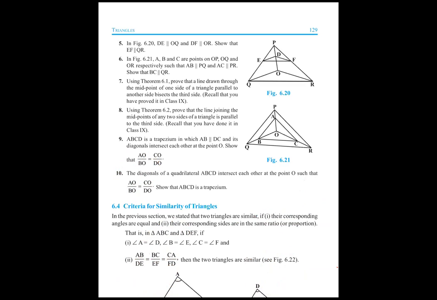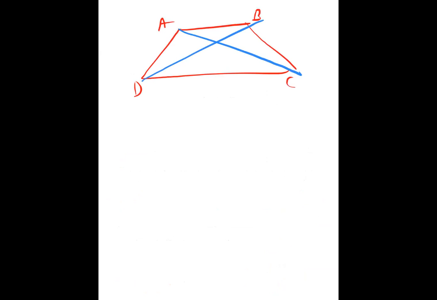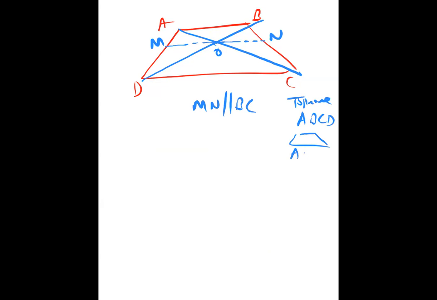So again, I will repeat one time. What you have to do is, the quadrilateral ABCD is given to you. Very important, okay? And this is also there, and this point O. Then you have to do one construction. But this time the construction is different. This time you say that MN is parallel to CD only, not both, because it's not given as a trapezium. We have to prove that ABCD is a trapezium, which means proving opposite sides are parallel. So this is the construction.